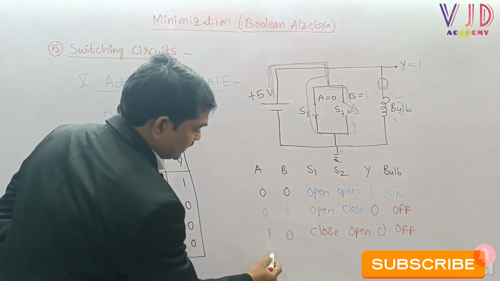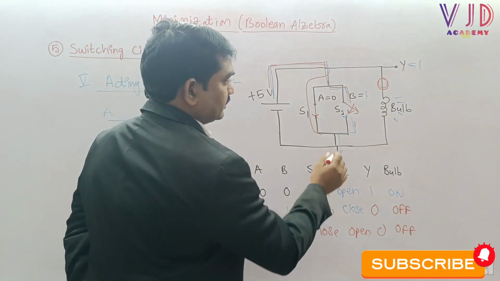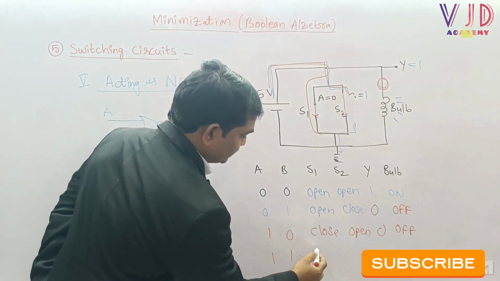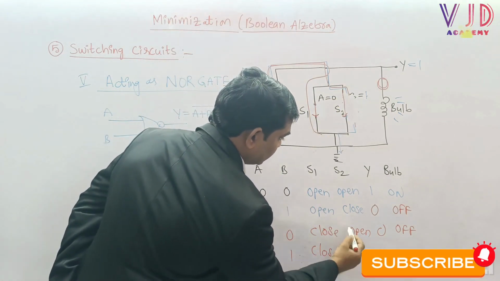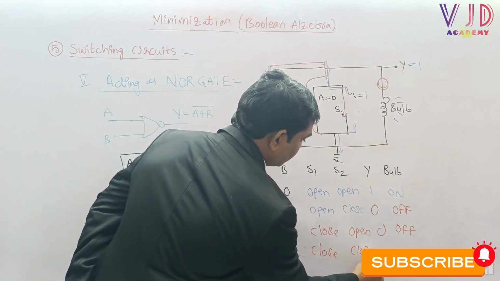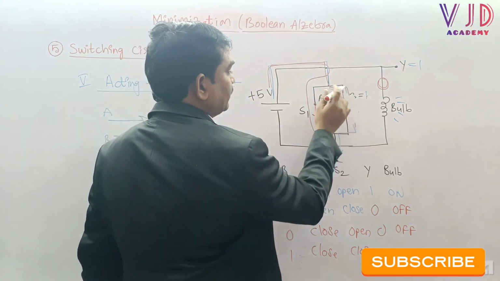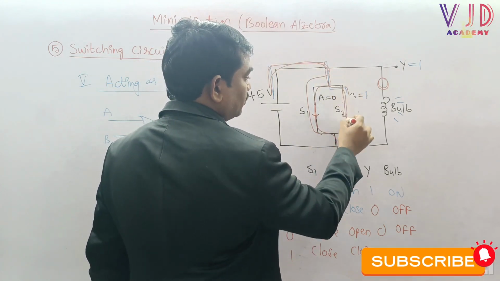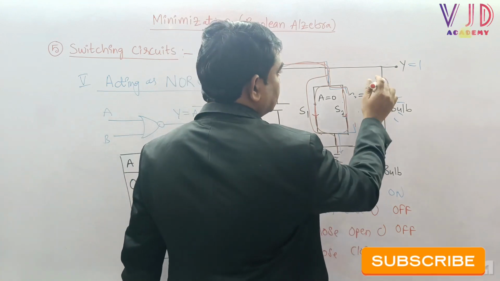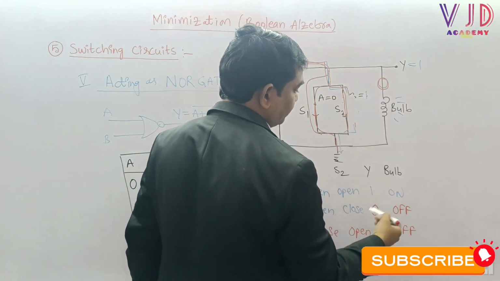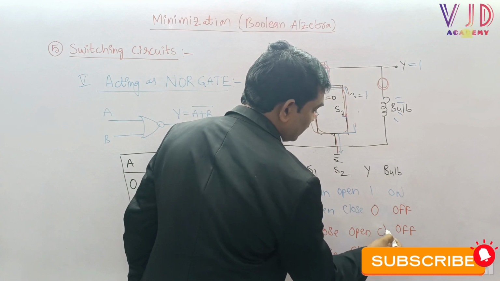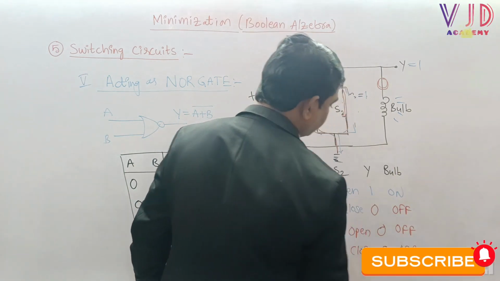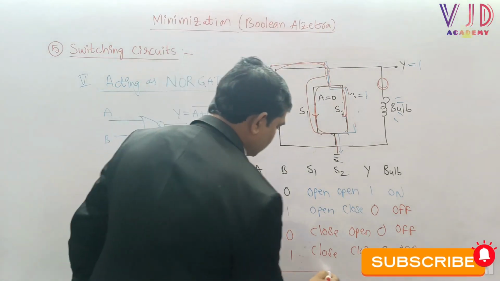And now the fourth case, A equal to 1 and then B equal to 1. Here the moment both switches are short circuited, which means S1 is closed and then S2 is automatically closed. The moment when both switches are closed, automatically the entire power supply will be reaching to ground through S1 and then S2. So no power supply is going to Y, we can say output. So output will be 0 and then the bulb will be automatically off. This is what the truth table of